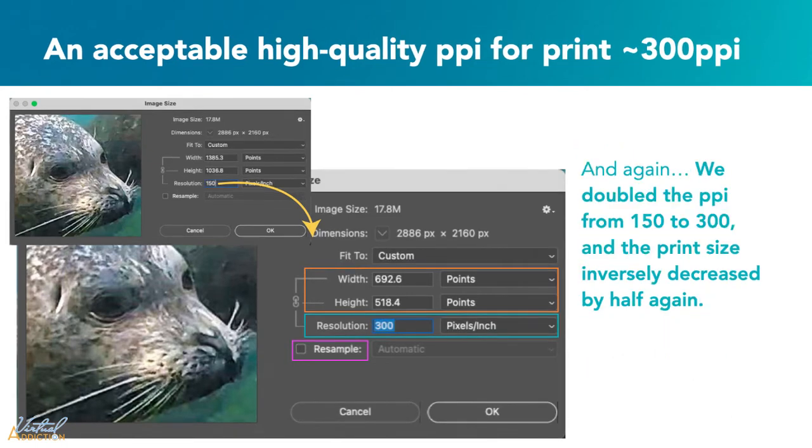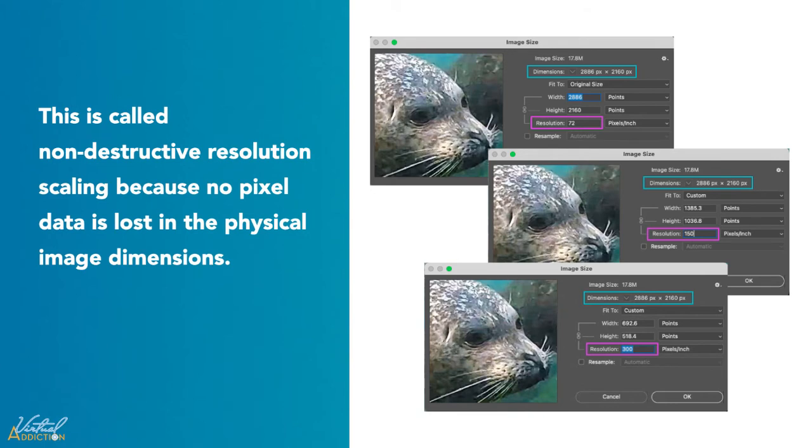Here we're doing the same thing, but instead of using 150, I'm using 300 for the resolution. And you can see that the physical size decreases by half based on the new resolution. Once again, the amount of pixels is not changing at all. This method of editing an image is called non-destructive resolution scaling because no pixel data is lost in the physical